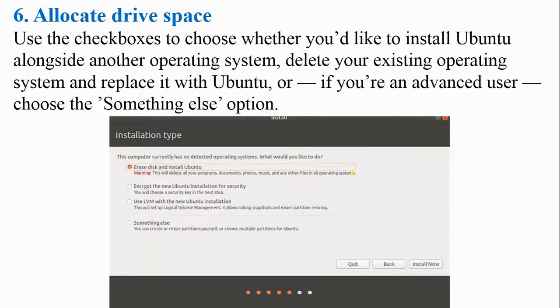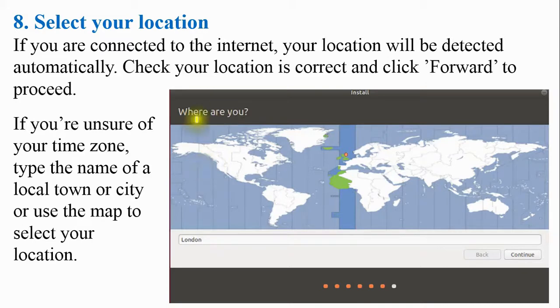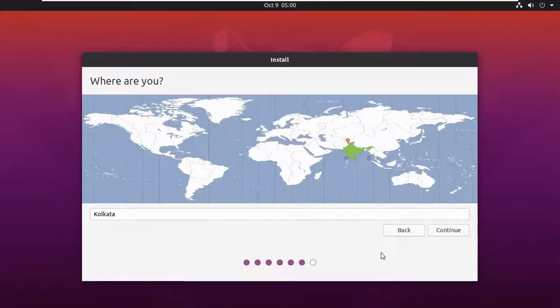and this is what I just took a screen here to tell you. And continue, we have done just now the 7th step, and the 8th one is, now it will tell you where you are. You have to select location, wherever you want to install it. Okay, let's see whether that is coming or not. So it came here. Yes, I am in Calcutta. So I'm in India, so I'm selecting Calcutta. You will get Calcutta location only.